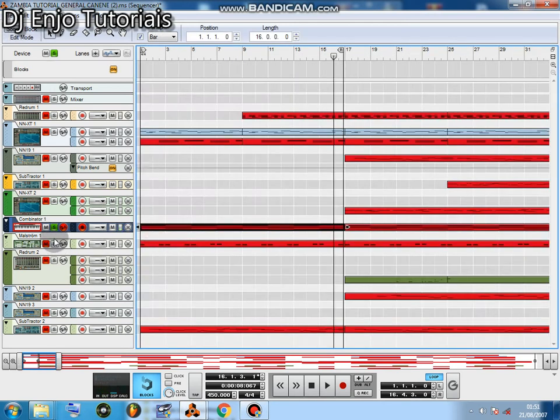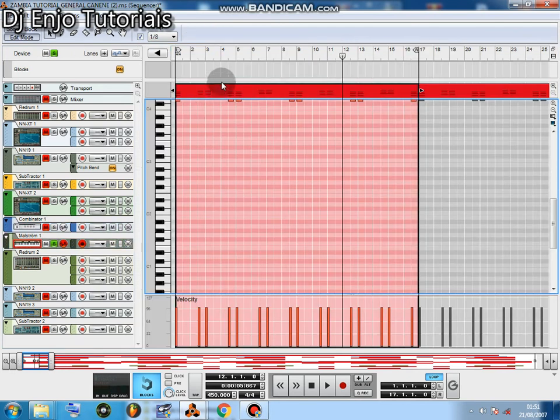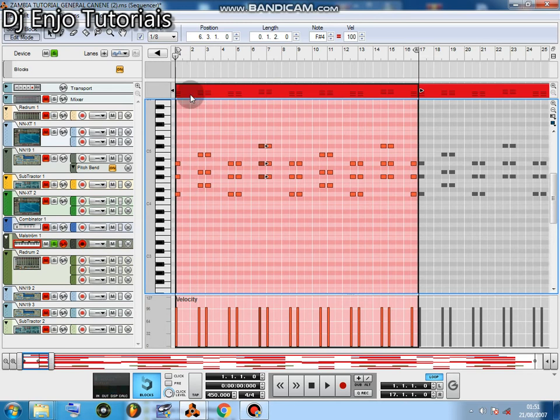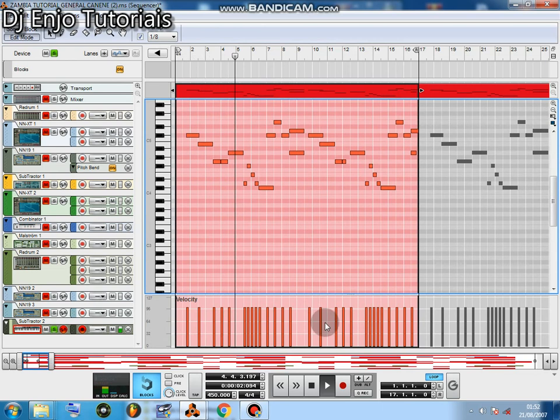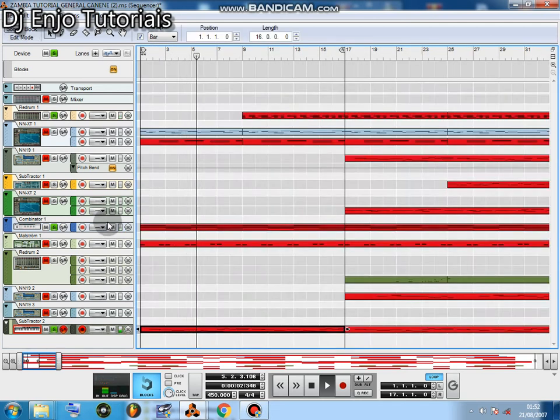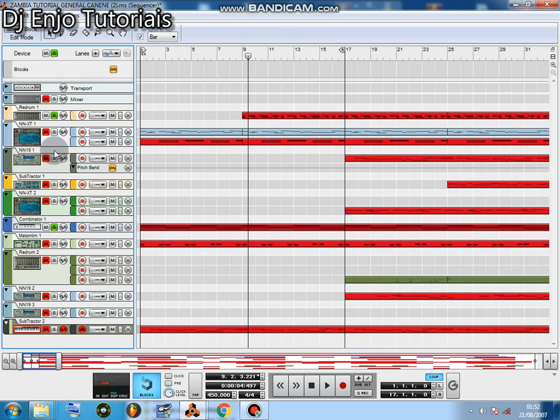They are very simple, and after that I had to copy the strings, and I pasted them down here, and I chopped them like this. Okay, and after that I had to create another melody here. Okay, after that I created another melody here,